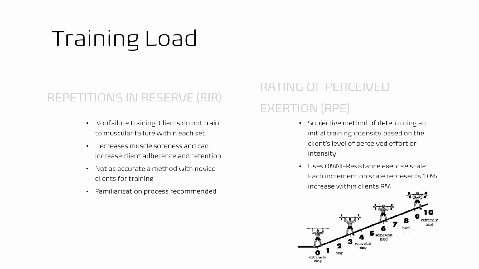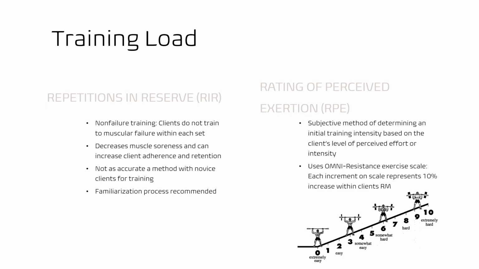Training loads should be progressive, meaning they should gradually increase over time to continue challenging your body and promoting adaptations. Start with a weight that allows your client to perform the prescribed number of reps with proper form, and then progressively increase the weight as they become stronger and more comfortable with the exercise. Personalize the loads based on their individual abilities and limitations, considering factors such as their strength level, injury history, and